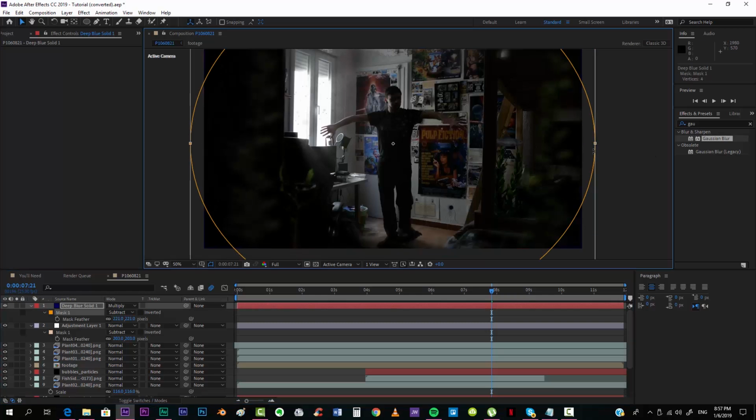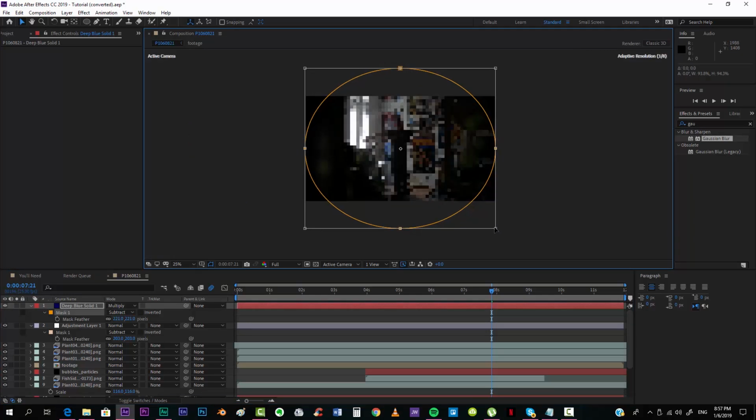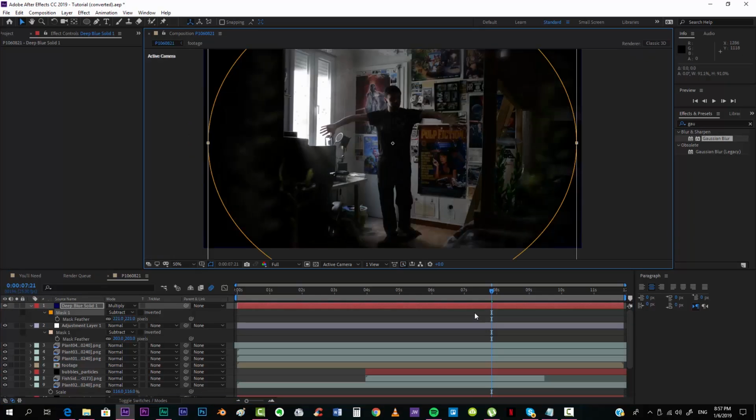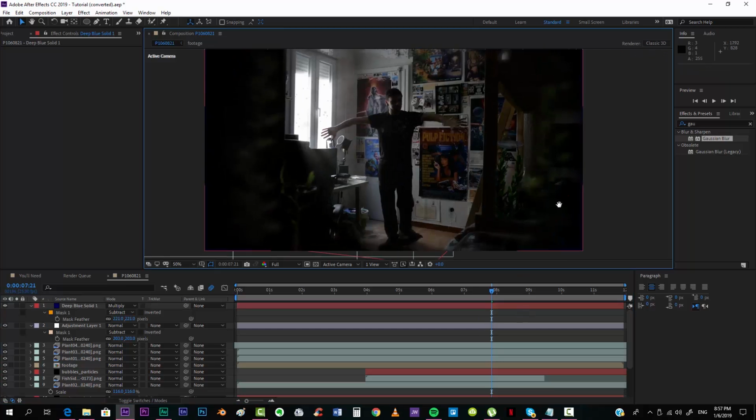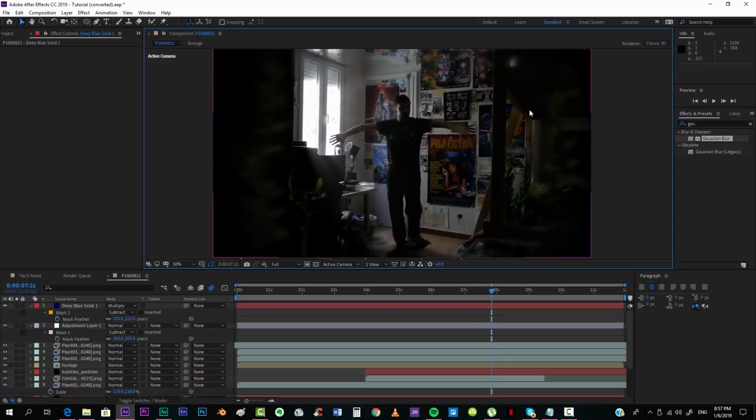Actually, I'm gonna put it more like this, so that the edges of this scene are a little bit more darkened, so that you have to focus on right what is right inside of the scene. And okay, now